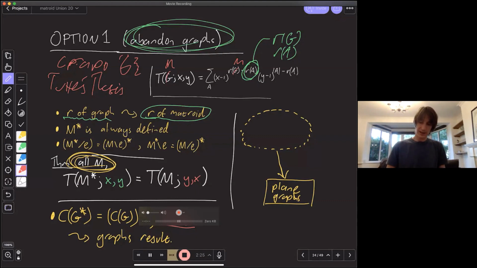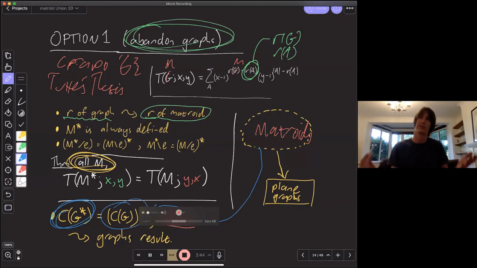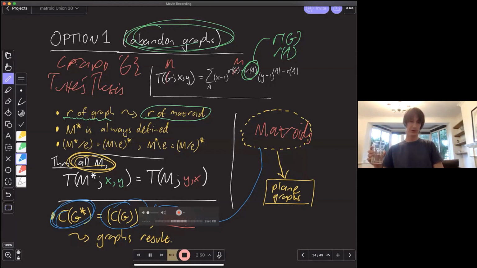So what does that tell me? Well, maybe above the plane graphs, I have matroids sitting there. And that's fine because I can recover the plane graph: as long as I'm in the plane, the cycle matroid of the dual is equal to the dual of the cycle matroid, and I recover my classical result. So I'm happy about that until I'm not so happy about it.